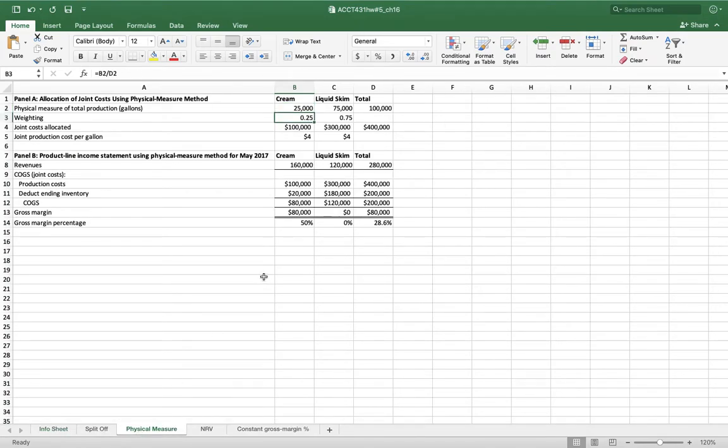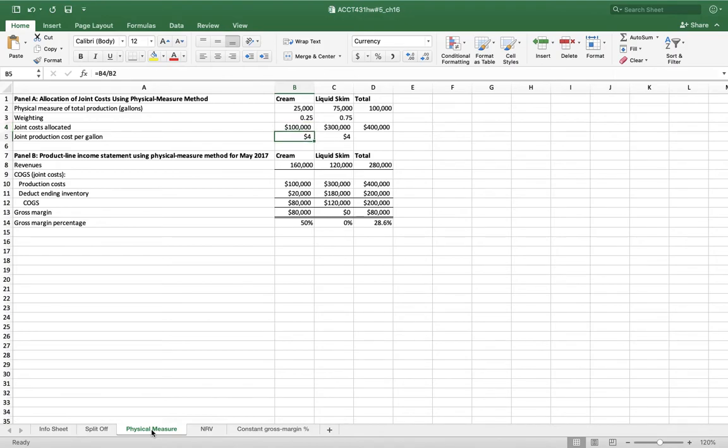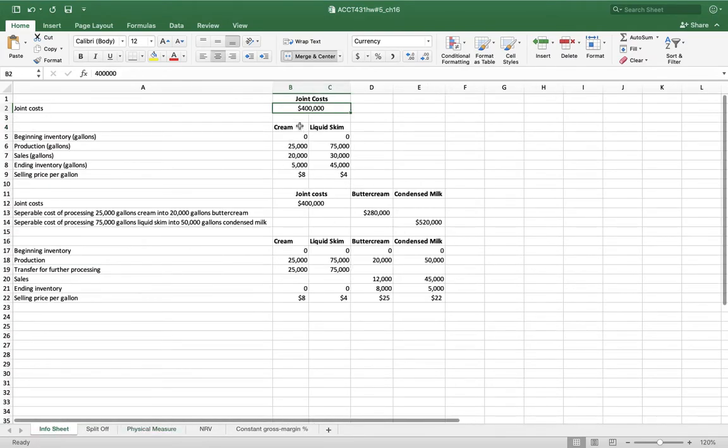The weighting is the same as the split off, but it's physical measure divided by total physical measure. So 25,000 divided by 100,000. This is computed the same as how we found it on the split off method, like I said. Joint cost allocated is the weight, so 0.25 times total joint cost given over here, which is 400,000. So that gives us 100,000. And then joint production cost per gallon is joint cost allocated 100,000 divided by